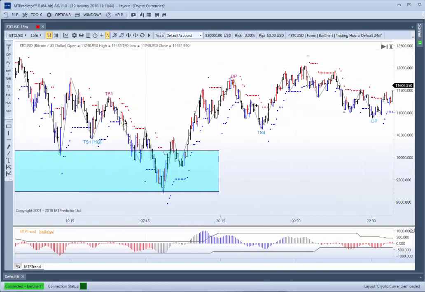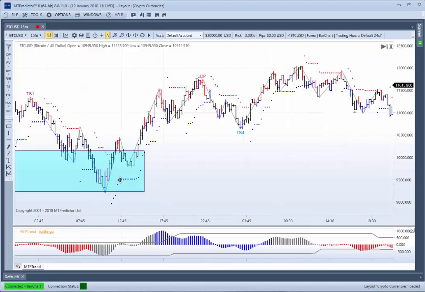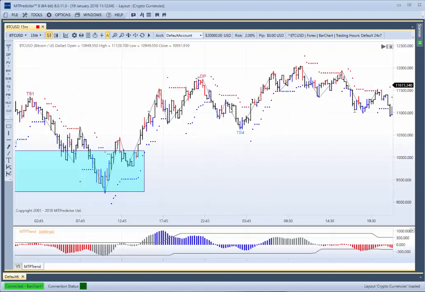By the way, a nice TS1 sell going down into that support zone there. But what I liked off this support zone here was the rally off the low. So there was your higher time frame support coming in. The market rallied off the low into a 5-wave high. Remember, we wouldn't be looking to sell up here because the MTP trend was blue. But if I go up to here and right mouse click,